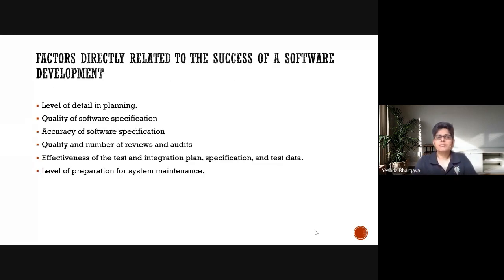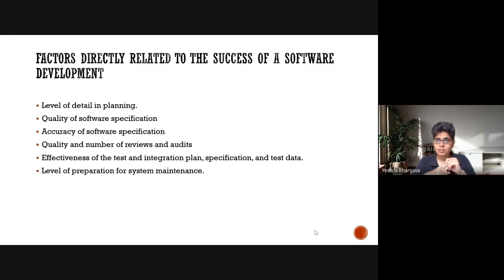So there are some factors related to the success of software development. First, the degree of detail you have put in planning. Obviously, there will always be a trade-off in how much detail you want in theory versus the implementation. So you really need to arrive at a point at which you feel that details are sufficient, even if some detail is not there. Later on, it will not be too costly to come back.